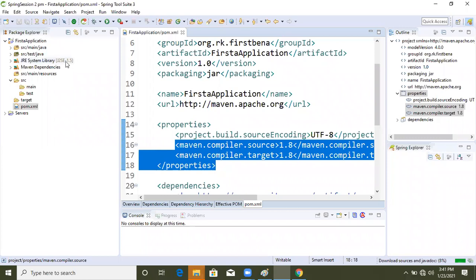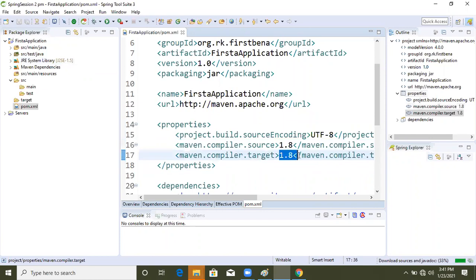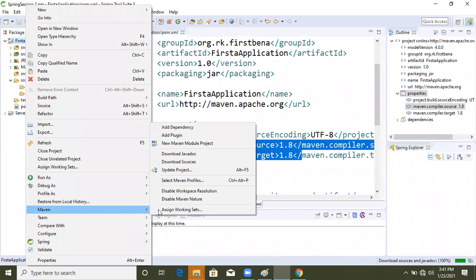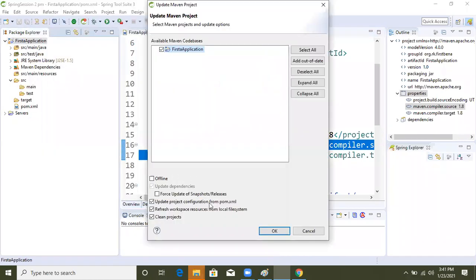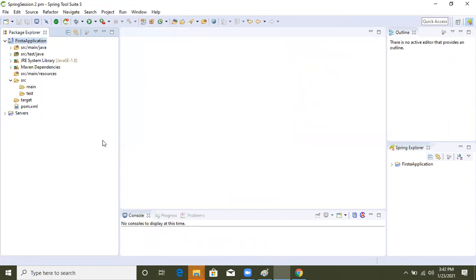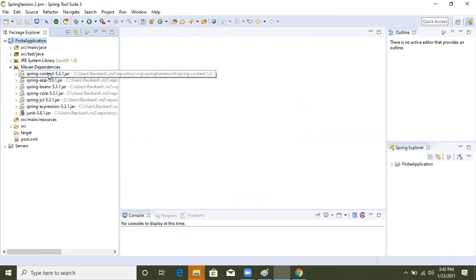By default, our Maven tool is giving us the 1.5 version, but I want the 1.8 version. Because of that, I explicitly changed this property. This is not mandatory, guys. If you are comfortable with 1.5, you can work with it. But if you work on Java 1.8, then it will give us a problem. So now all the required dependencies are added inside our class path.